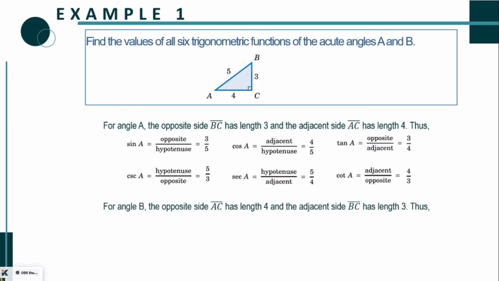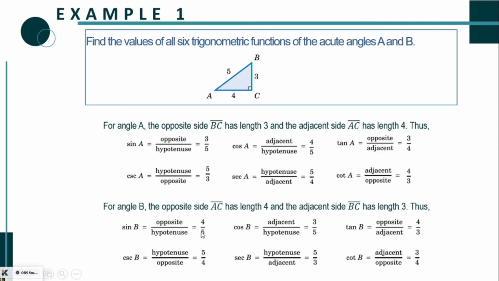So for angle B, the opposite side is AC. That's 4, or the length is 4. And then the adjacent side is BC, and the length is 3. And again, the same, the hypotenuse is 5. Thus, these are the 6 trigonometric functions for the acute angle B. So the same as how we found the trigonometric functions for acute angle A, that's just how we would look for the trigonometric functions for the acute angle